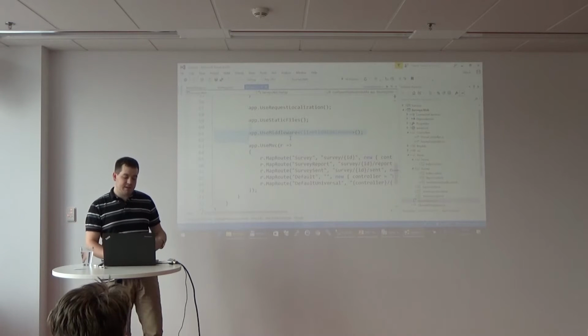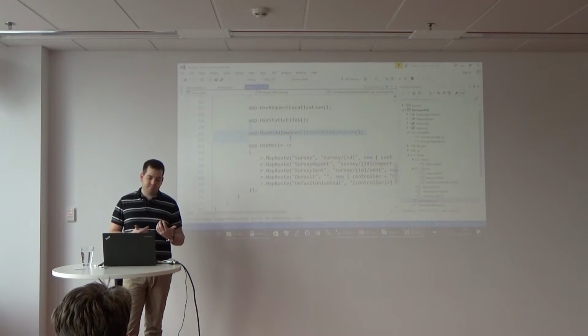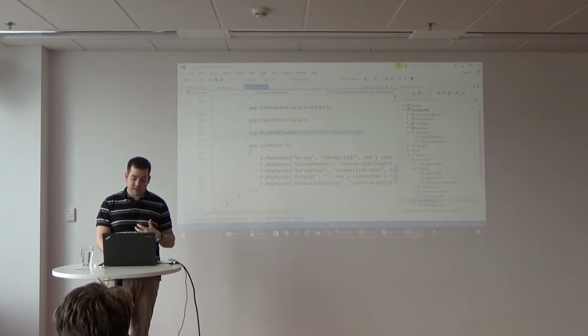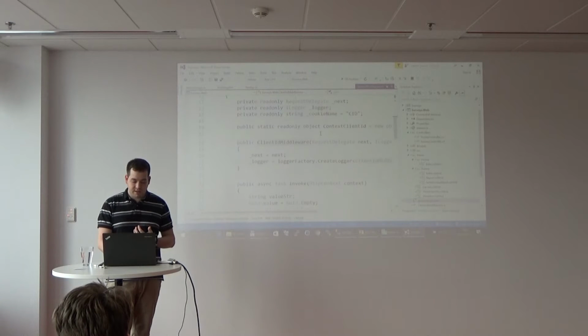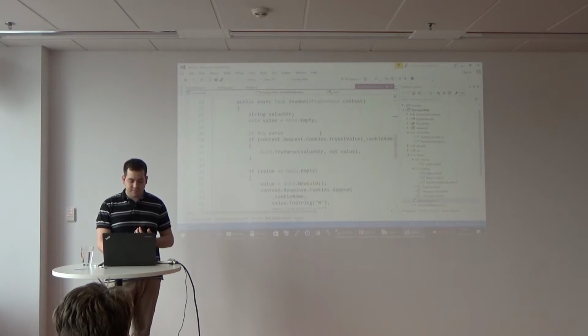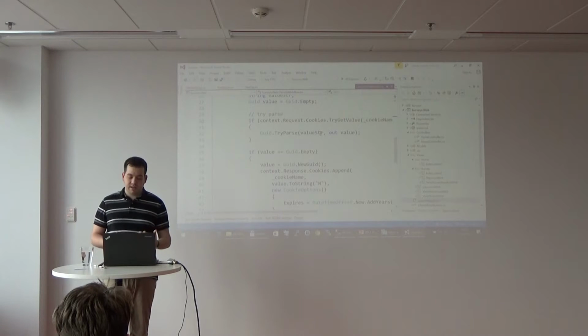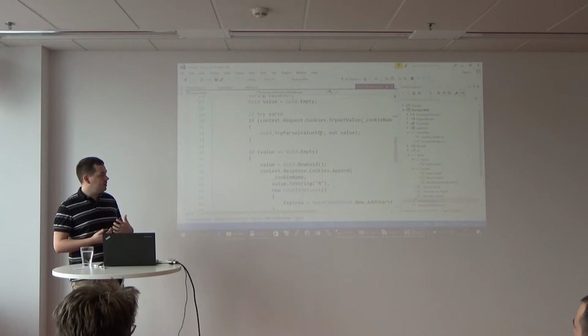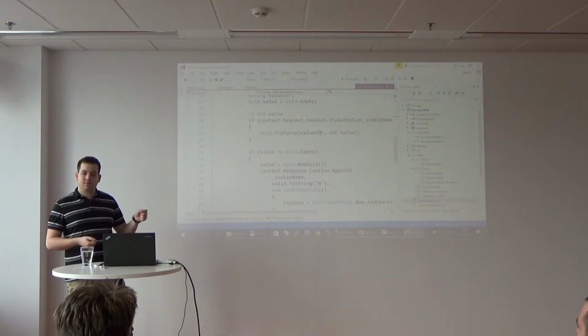This client ID middleware is basically a middleware I wrote because I needed something. If I look at it, it's just a simple class that creates a unique identifier. It reads it from a cookie from the client, and if the client didn't send this cookie, it will create a new one and send it to the client.